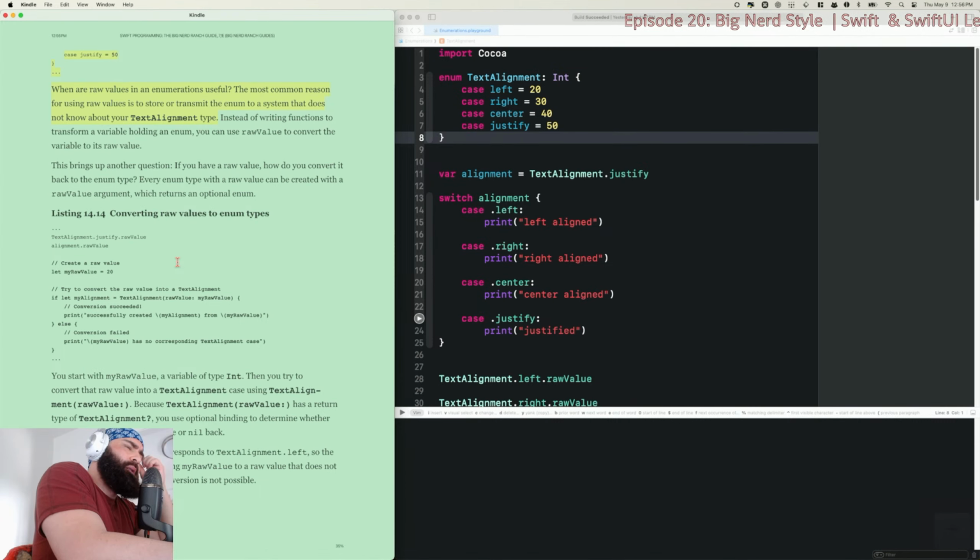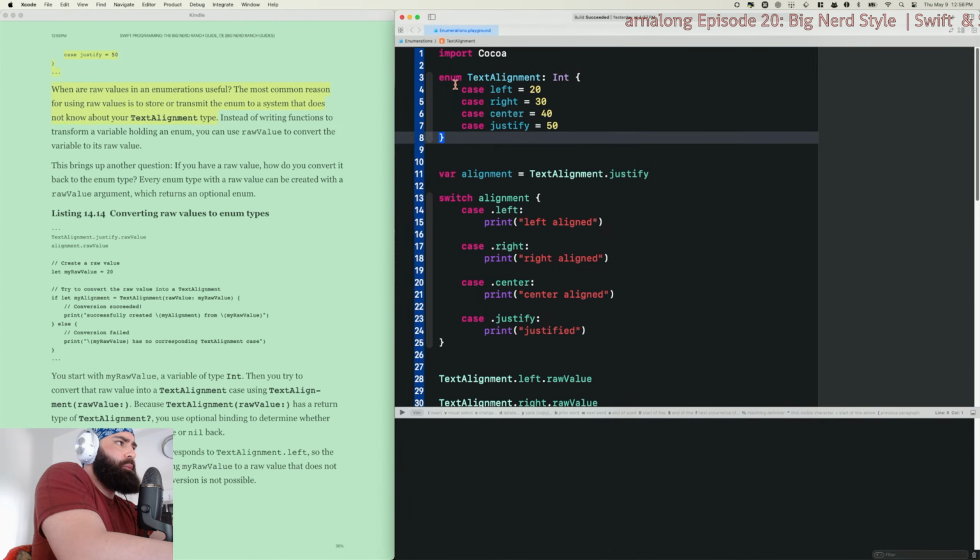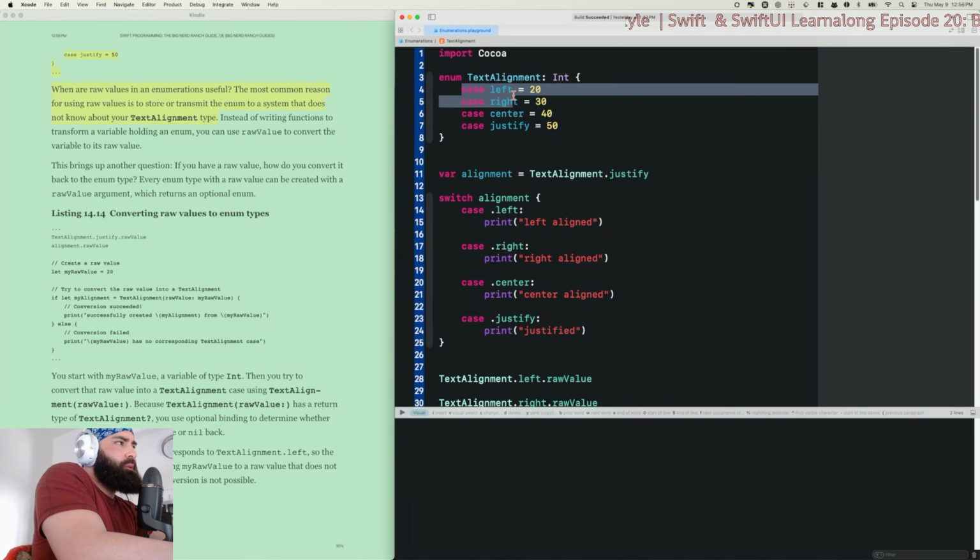We looked at enumerations, enums. So we learned this new keyword. Here's the structure of our enum itself. Type annotation if we wanted to be specific, we don't have to be. Case left, so you just do case and then whatever your thing is. This equals is if you wanted to set an explicit raw value, but otherwise, you can just do this without the equals.